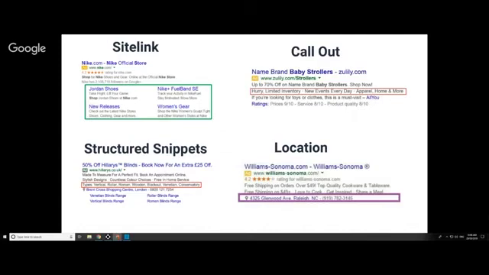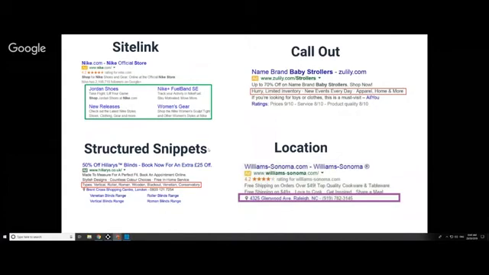On the right-hand side, you then have callouts. Callouts are individual proof points or unique selling points that are really good at getting a couple of key points across to the client and why they should buy your product. So for an e-commerce client, typically this is going to be things like limited inventory, free shipping, same-day shipping, those sort of components. For a business that generates leads, this could be anything along the lines of call-out fees, free quotes is very common, or any of those other sort of things that you use in your other marketing collateral when you speak to potential clients,